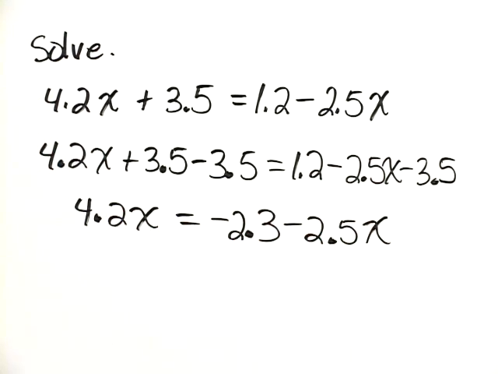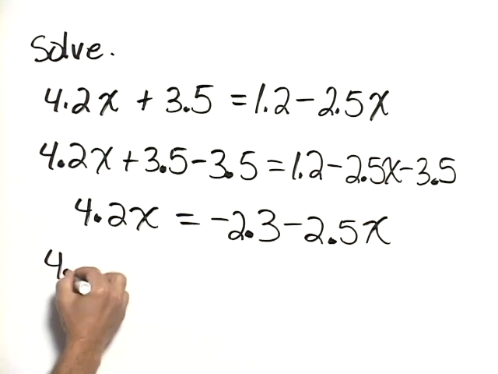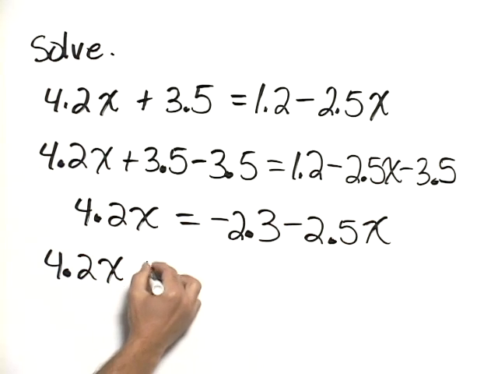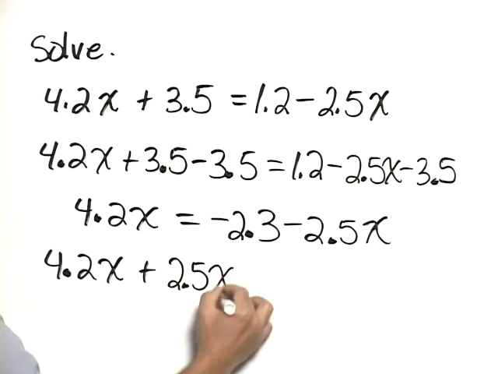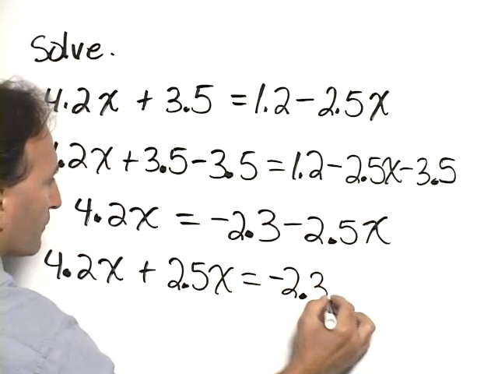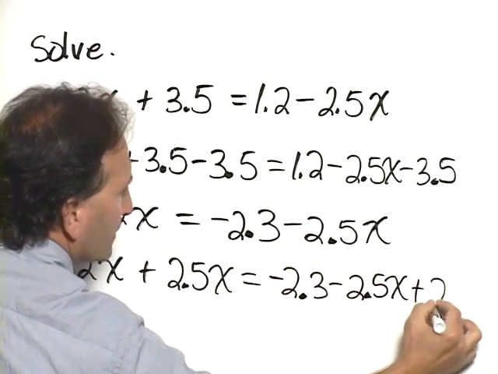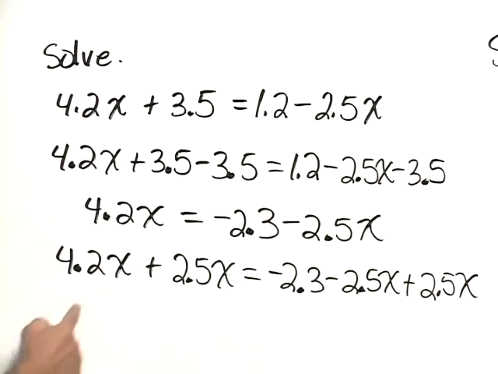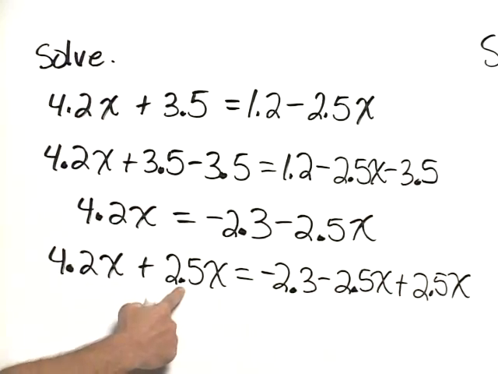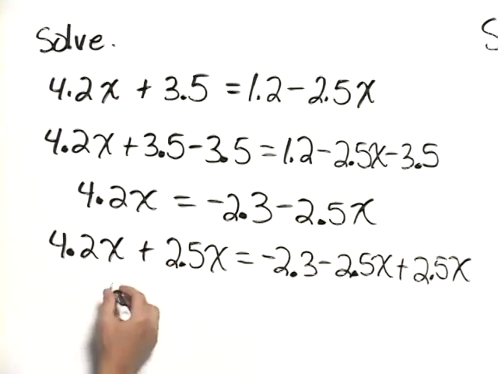Next, we'll add 2.5x to both sides. So on the left-hand side, we'll have 4.2x plus 2.5x. And on the right-hand side, we'll have negative 2.3 minus 2.5x plus 2.5x. On the left-hand side, we combine the coefficients of the x's, and we have 4.2 plus 2.5, which gives us